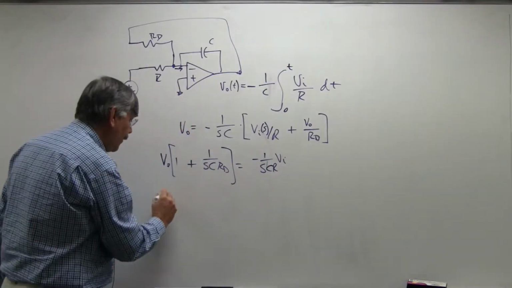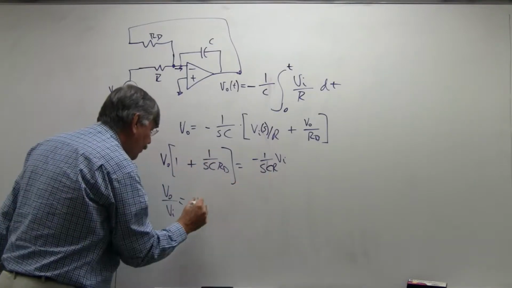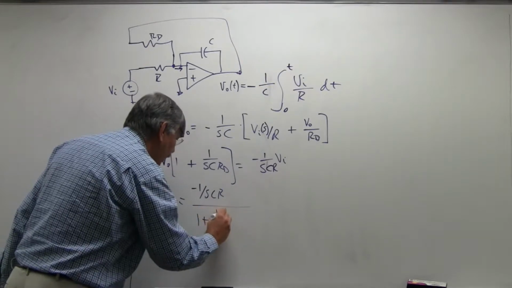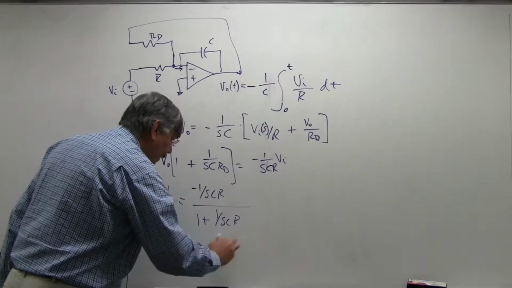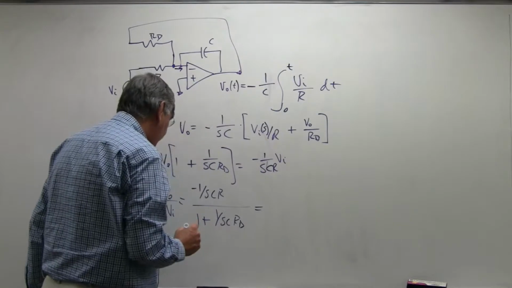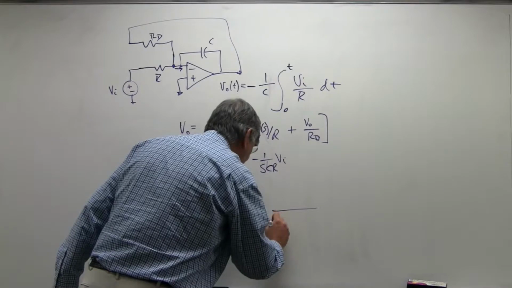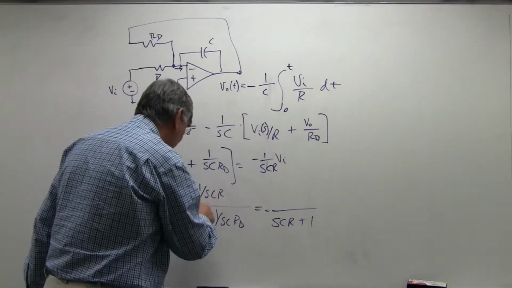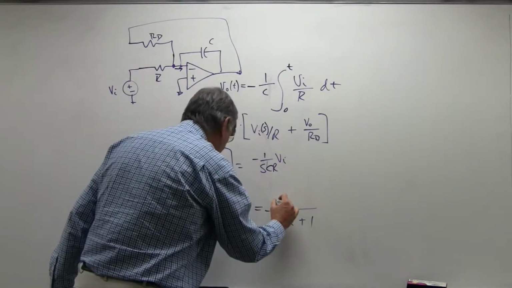And so if I get the transfer function of this new thing, V out over V sub I, we're just going to divide through by that. I get minus 1 over SCR divided by 1 plus SCRD. And you may have already noticed that we now have a pole in the left half of the S-plane. I can do various things with this. I can multiply it out, and I'm not sure there's any real benefit. SCR plus 1 makes a different way of writing this, and with the SCRD and the SCR, this thing becomes minus